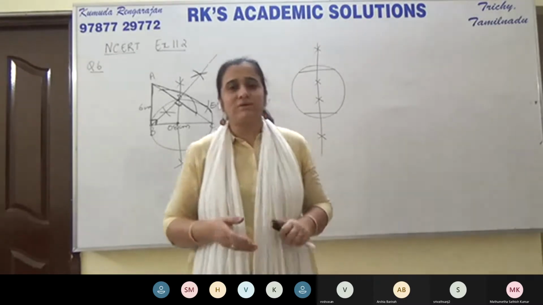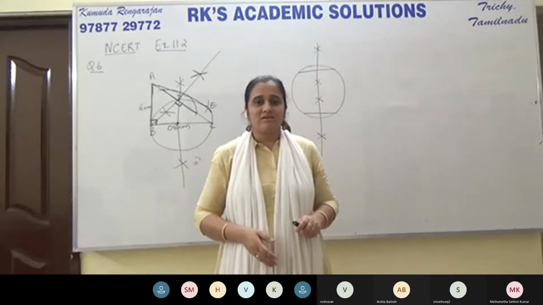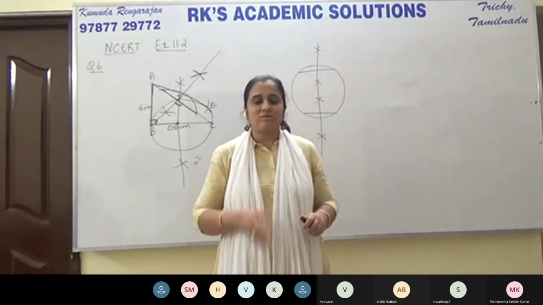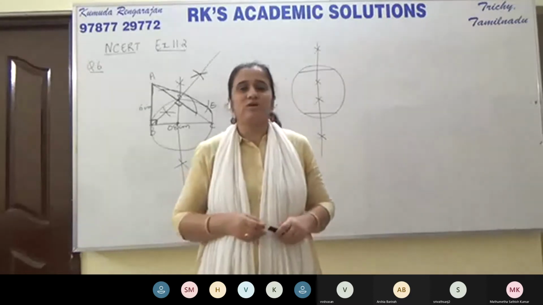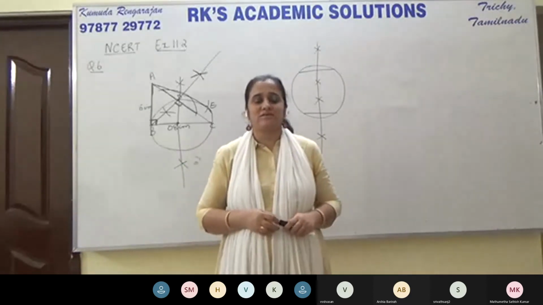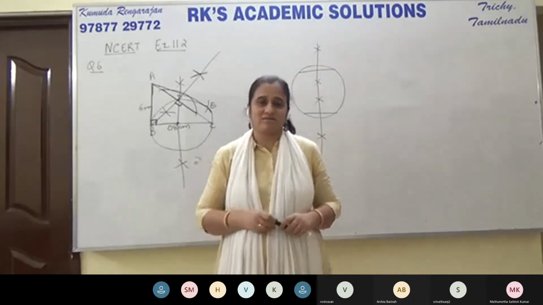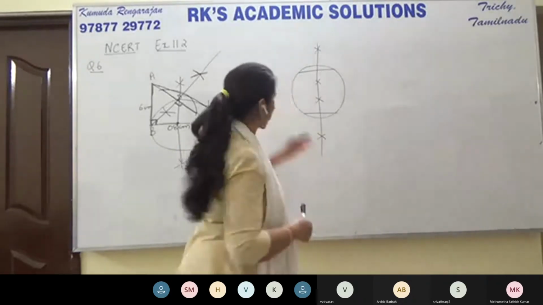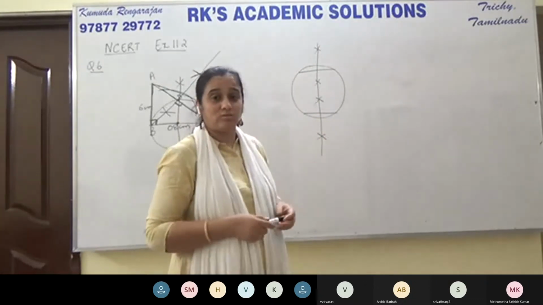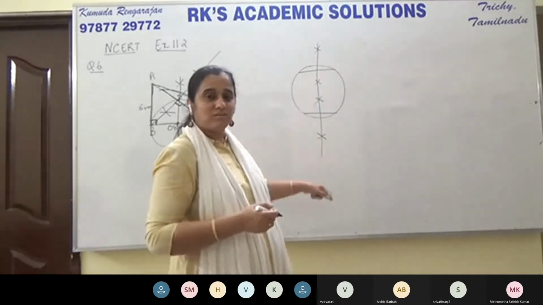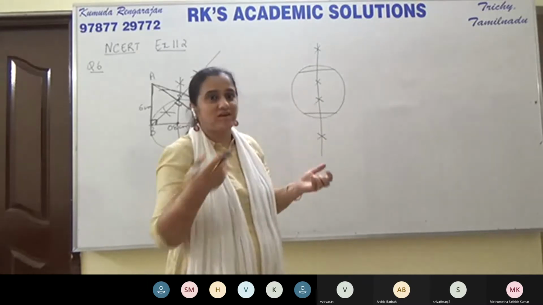So when you construct the perpendicular bisectors of these two chords, the perpendicular bisectors will be coincident. One perpendicular bisector lies over the other, and hence you cannot locate the center of the circle. So it's important to consider two non-parallel chords. I just took two chords. They happen to be parallel. I did not know. And so the perpendicular bisectors of the two chords are coincident. So I'm searching where is the center.